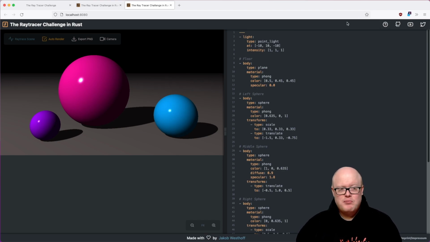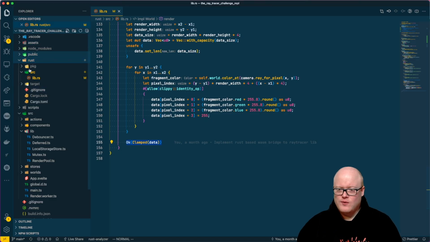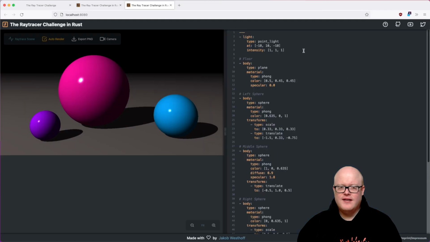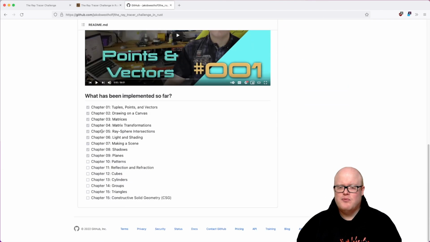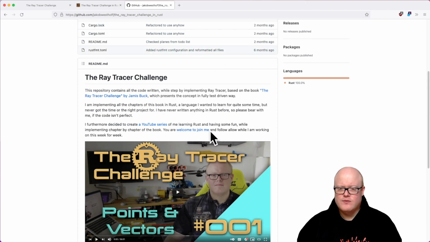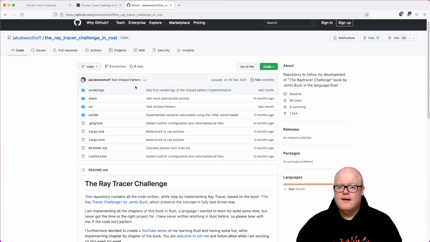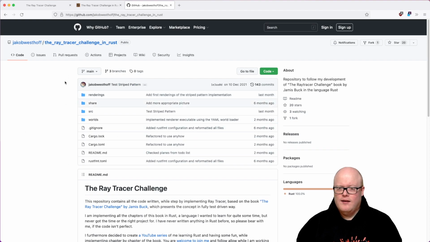As I've said, I will put this up on GitHub. The full source code that you are seeing here will be available on GitHub, of course. And yeah, you can play around with it and have some fun with it. I'm not sure where I'm linking. Okay, here I'm actually linking to my primary Raytracer Challenge repository, but I will add a link in this repository, and there will be a repository as well, which is already there, but it's not public yet. It will be public once the video is out on GitHub,